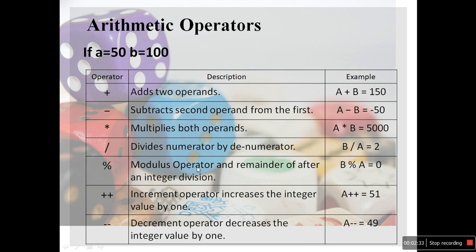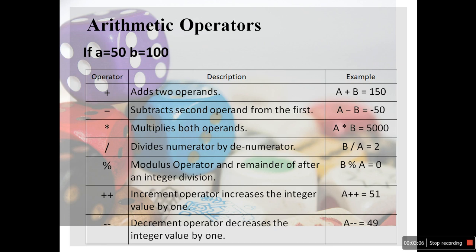Modulus always gives the remainder. That is not the percentage sign. In normal mathematics, this is the percentage sign, but in C programming, that gives us the remainder always. So if we divide 100 by 50, it always goes two times and we will get zero remainder. That is, one is plus plus,